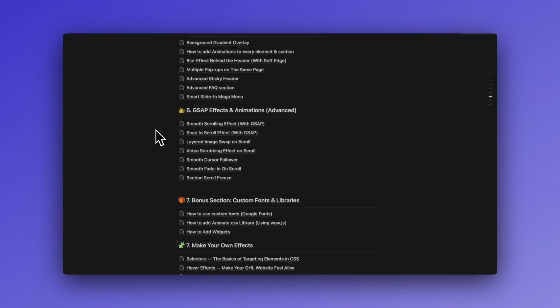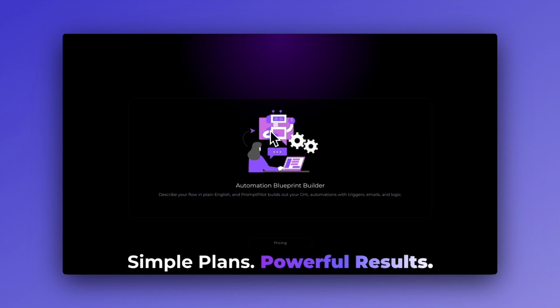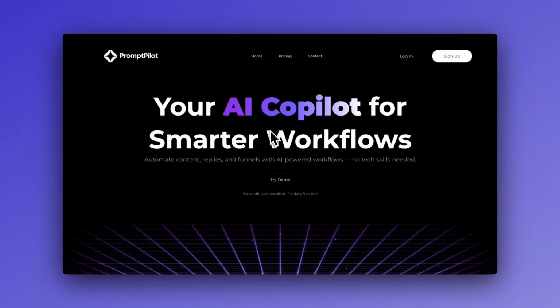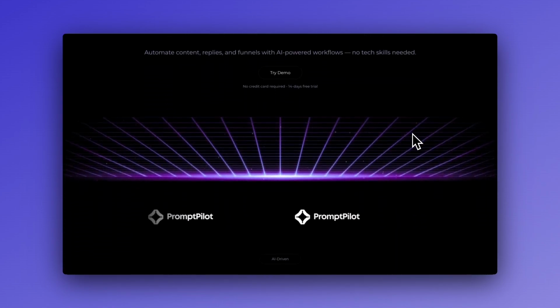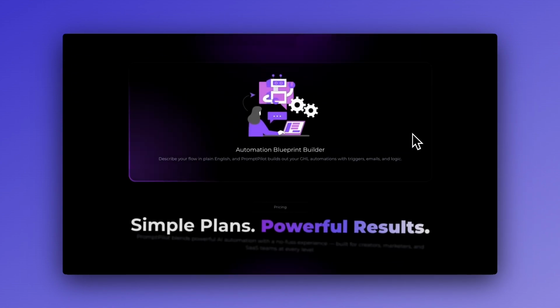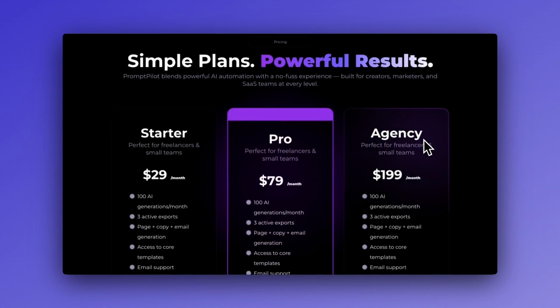The effect on the spot number 6 is the first effect from section 6 in the Notion doc, which is the smooth scrolling effect, a really cool effect that transforms any Go High Level website into a premium one. Not sure if you can notice it in the video, but this effect adds a really smooth buttery effect to your website. As you can see, when you scroll, it feels so smooth, and in the video it might not